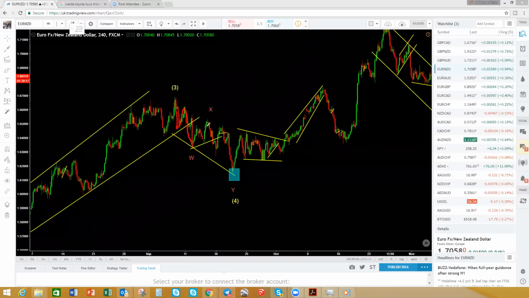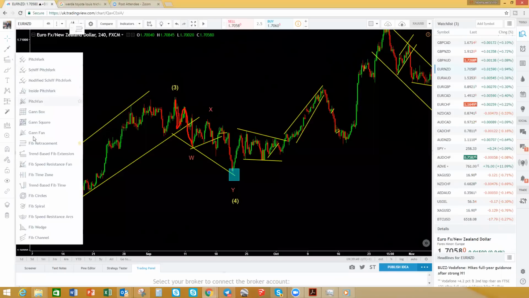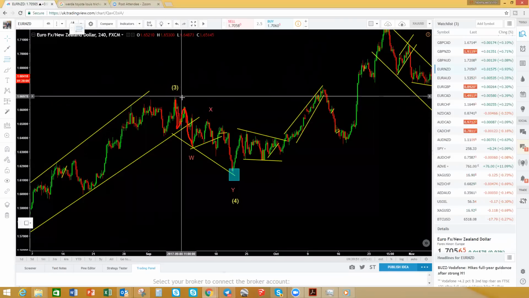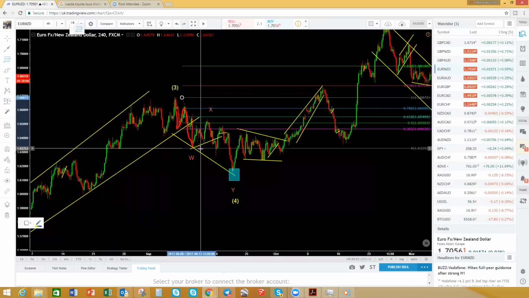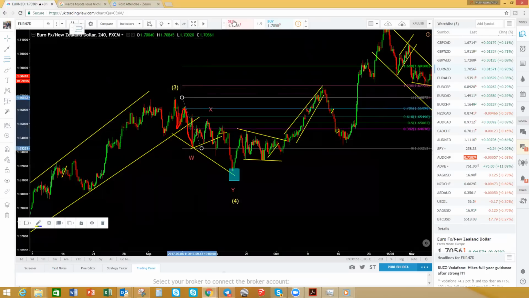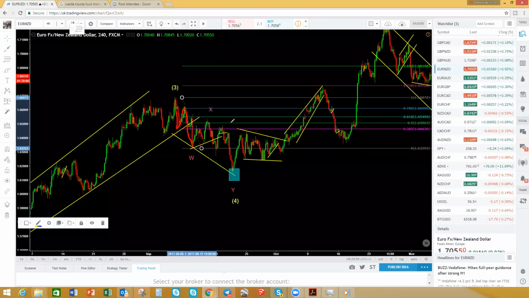That's sorted. So now, how do we project the X? We expect it to be a 50 to 61% retracement of this swing. Let's take the retracement. From there to there, where's our X in this case? Let's check. This is the 50% line. So that's our X located. We put our X over there. All right, so if we've got a W and the X like that, we will be able to